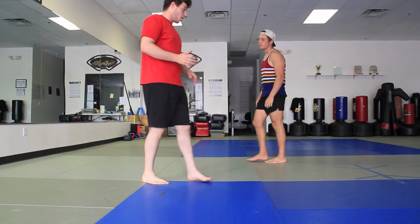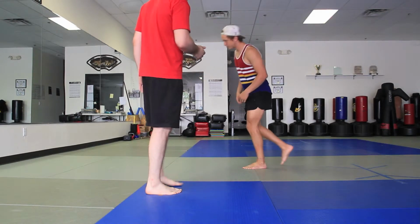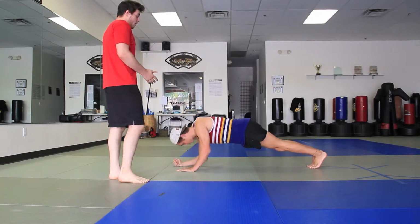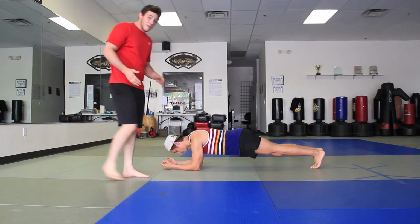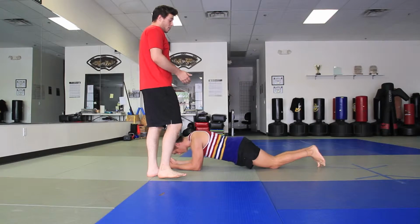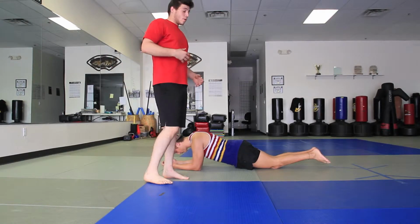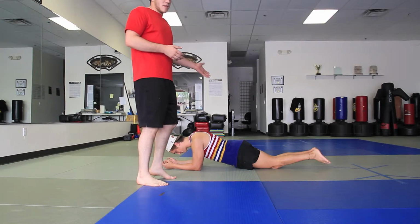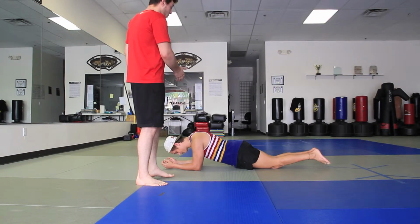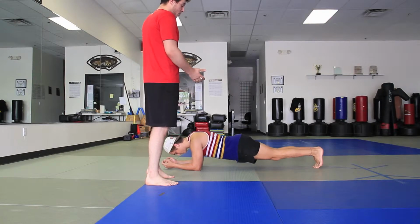So we're going to start off with my client Sean in the push-up position, which is also the plank position. He's going to move down to his forearms, and to assess your client's fitness level, we're going to start them off on their knees. This takes less pressure off the core, so it's not utilizing the core as much, so it's much easier. Once a client has showed that they can progress, we'll lift them up off their knees, and